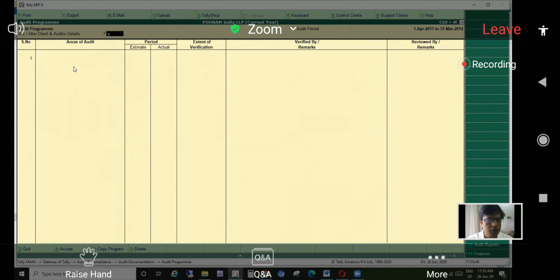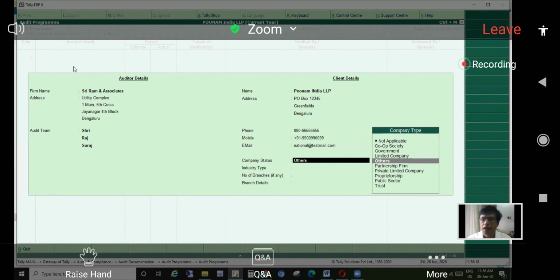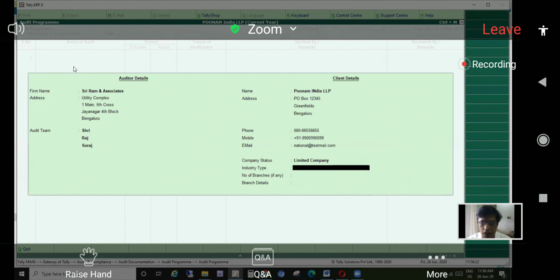Here you can put the audit team name, the firm name, that is your company name, and so on. Here the company name, address, phone number, and other status. The company type, whether it is a limited company or a private limited company, you can select.